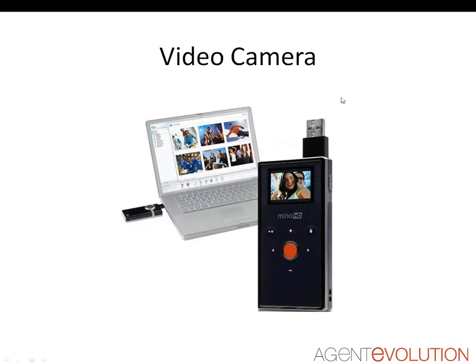When it comes to a video camera, say for a video tour or interviews, testimonials, or even that introduction bio, you may want to consider, if you haven't already, a Flip camera. This is a very easy to use and affordable video camera. It's got that red button right there, start and stop, pretty easy, and then you use your USB to plug it right into your computer, and you can very easily modify and edit what you've shot because it has built-in software.